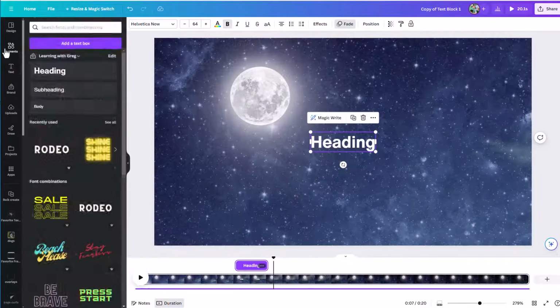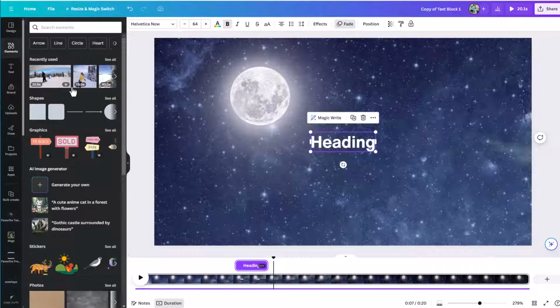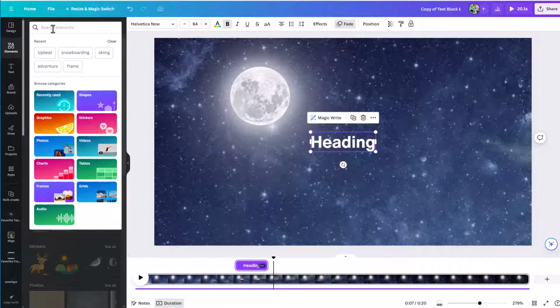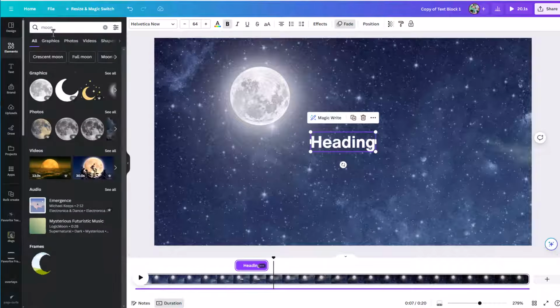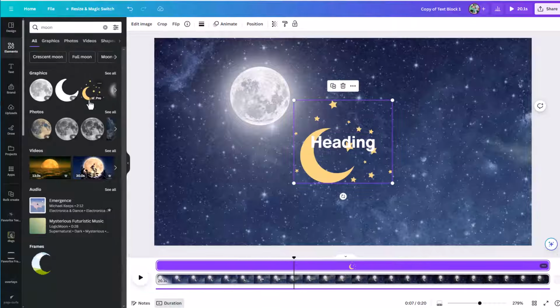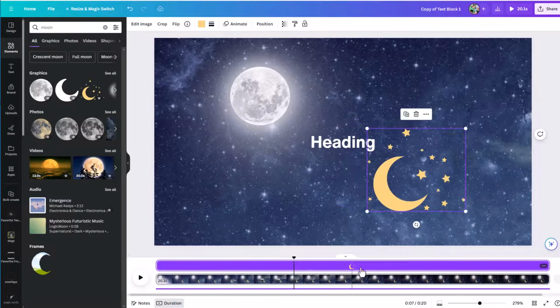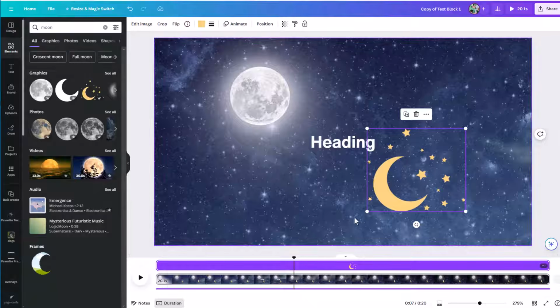Again, just for a reminder, let me go under elements here. I did it with text before, but it could be with anything at all. So let's just grab another moon image. Let's just do a graphic this time, something like this. We'll put this here. And if we wanted this to show up somewhere on our screen, again, it's showing the